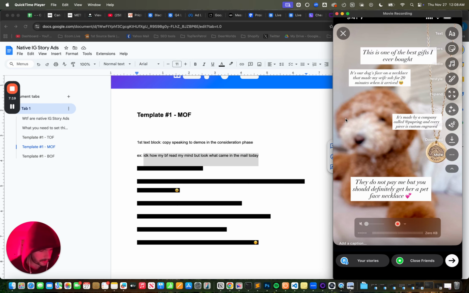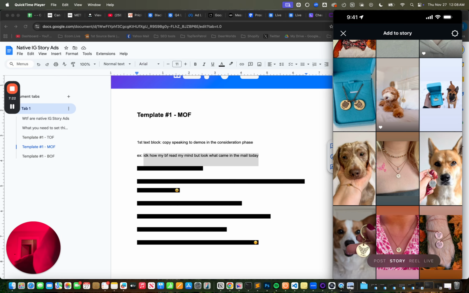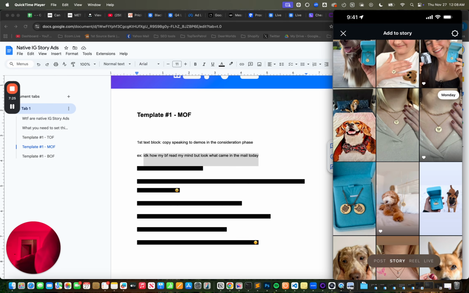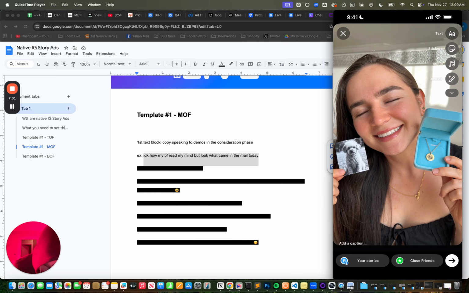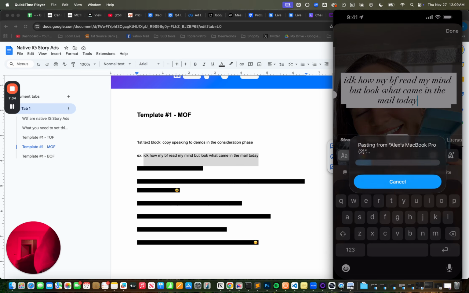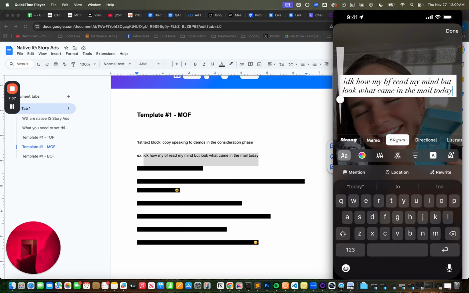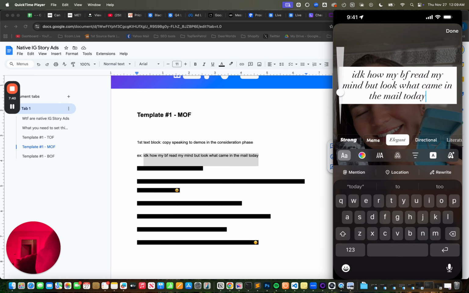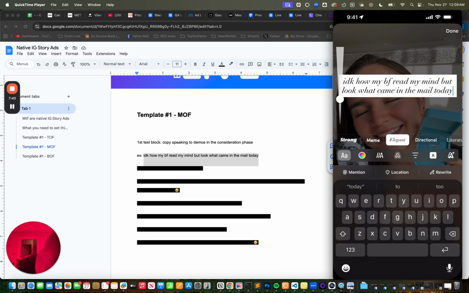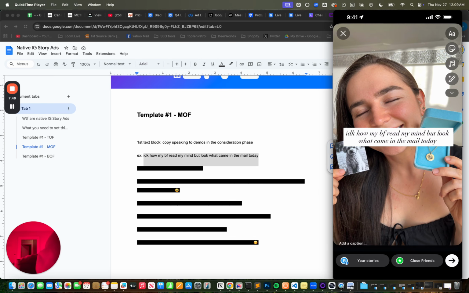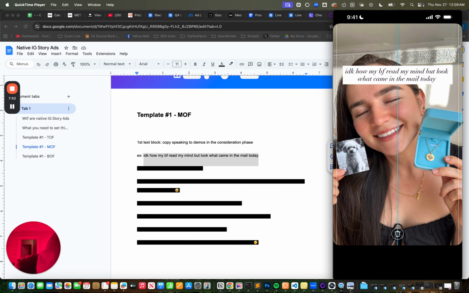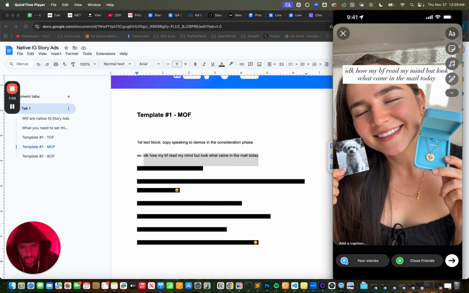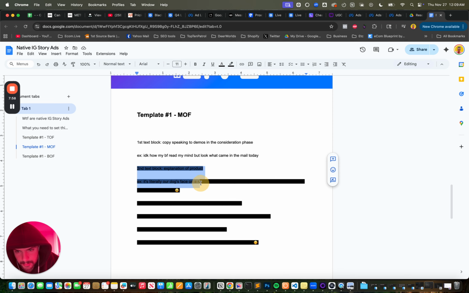Going to go back here and we're going to go ahead and choose another image. Let's go with this one here. Same process. We're going to paste in the copy. We're going to now go and get that second text block in. For the second text block,